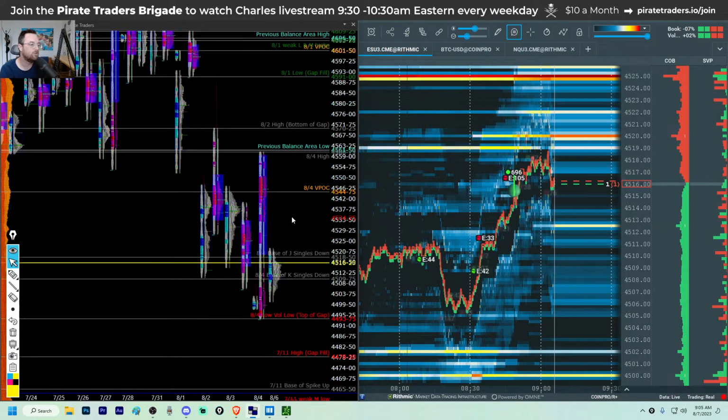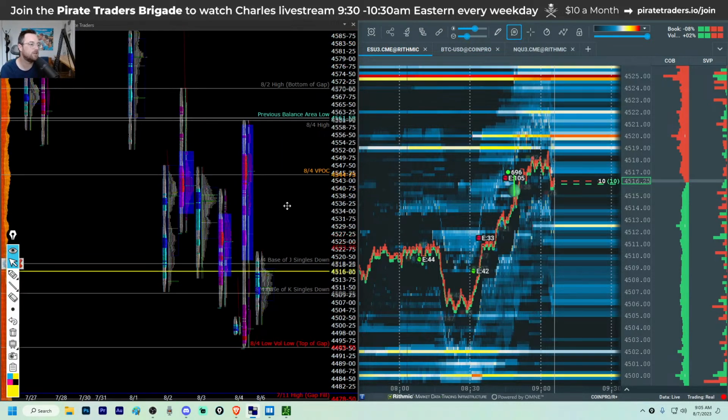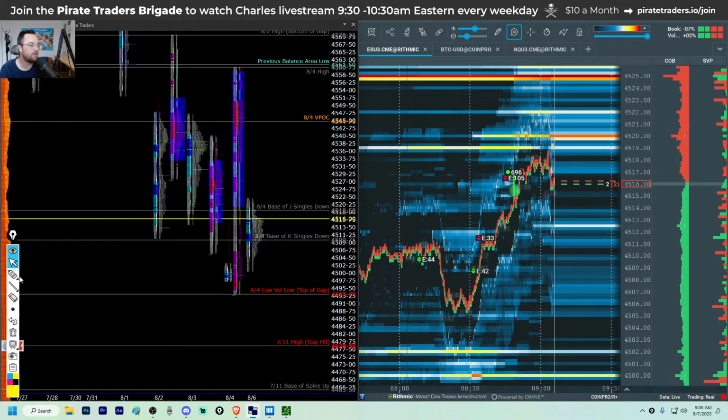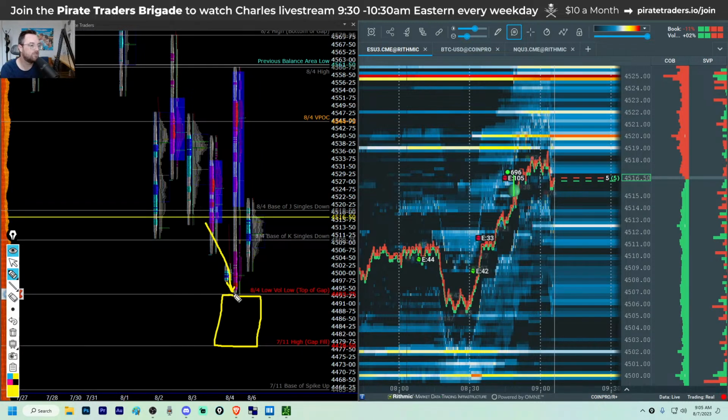Ooh. As soon as we zoom in a little bit more, suddenly we notice something. There is a big unfilled gap right below us. Friday began to push down into that gap, and as soon as it got in there, it ran out of momentum and started to go sideways. So that is a sign there were buyers waiting there. But,